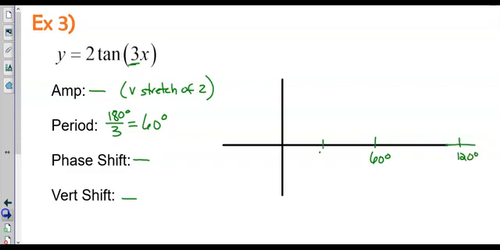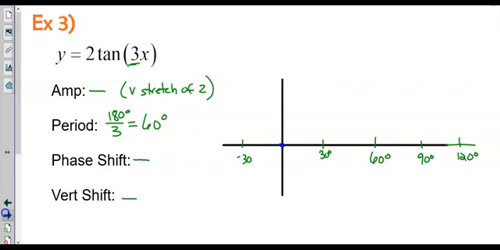We'll kind of put some stuff in between there. We'll do 30 and we'll do 90 just to get a little bit better of a look. And then maybe we'll go back to maybe negative 30 degrees there. Okay, so what we're going to do here is we are going to remember that tangent starts at 0, 0,